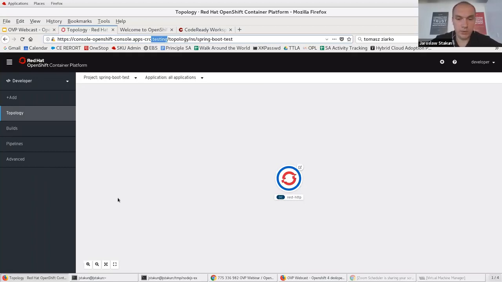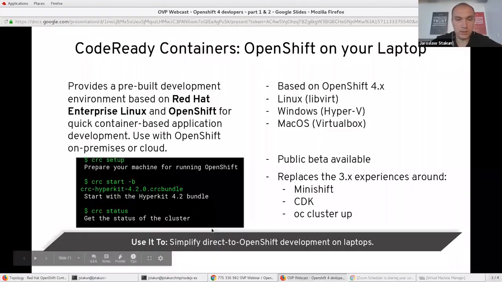So it's pretty cool. It requires around 8 gigs of RAM, some 4 CPUs, 2 CPUs should also be fine, and you can run the cluster pre-configured with everything you need to just run your applications in OpenShift. And this is something that really is quite new. You can see here it's still public beta, but when OpenShift 4.2 is released, you will have it